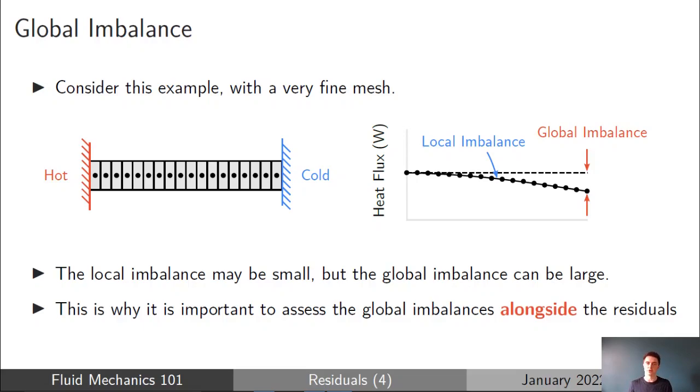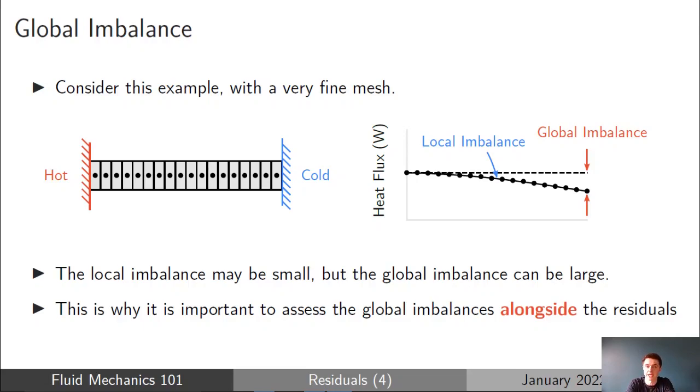And another way you can think of this, which is helpful to me as well, is consider the same example where we've got that 1D bar between a hot temperature at the left end and a cold temperature at the right end. But now instead of using 4 cells, imagine that we sliced this up into loads and loads of little cells. And if we did that same plot of the heat flux along the bar, which should be constant, we can see that in this case, because the cells are really small,